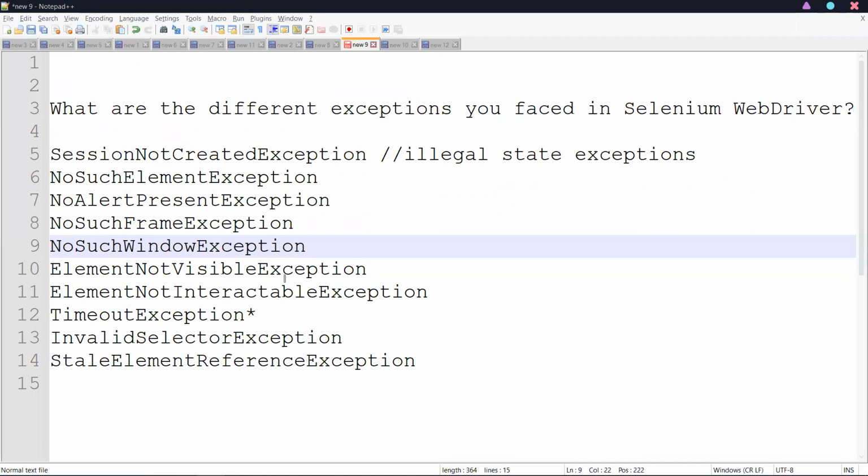There are many reasons, right? If we try to locate a web element which is not visible or is hidden on the screen, then we'll get the element not visible exception, right? If we have used a duplicate XPath in our script, that means two web elements have the same XPath, that time also you are facing that not visible